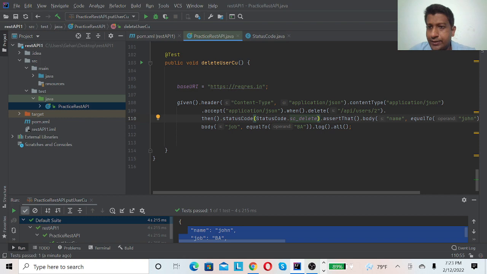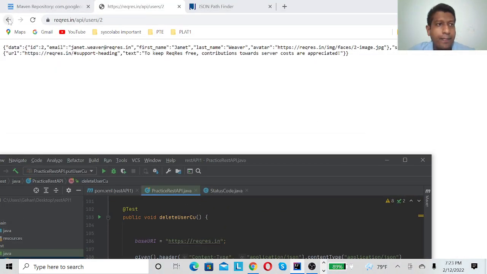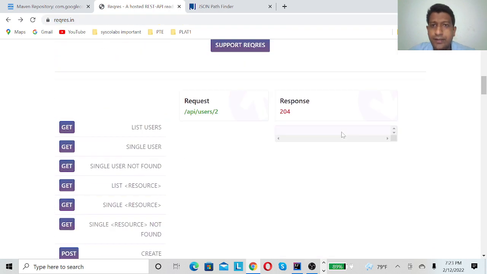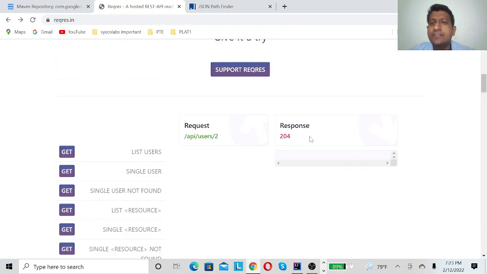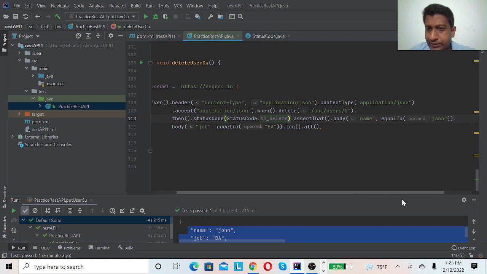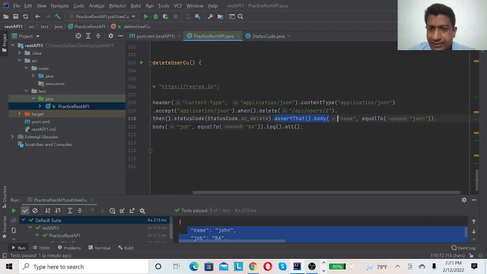Since it's a delete, there's no response body, just only the status code 204. So I will remove these asserts, I don't need them.